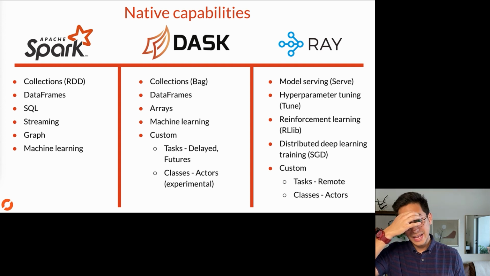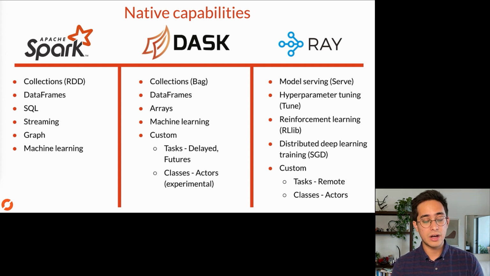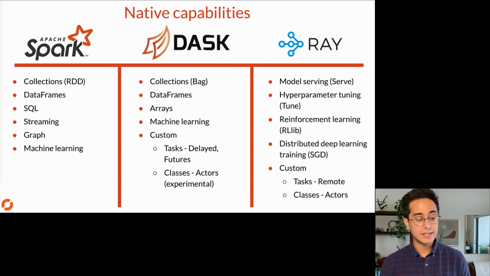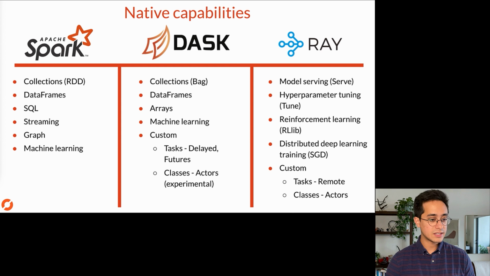Okay, so as far as native capabilities, there's a lot going on, but the idea is that if there's a specific thing that you do and focus on, or a handful of them, this list might give you a good idea of which tool might be the right thing to choose. For Spark, I'd say the most popular capabilities are the dataframes and SQL. Some people use the machine learning; I kind of recommend not to. And then Dask goes all the way from low-level task parallelization, where you can parallelize arbitrary code, all the way up to dataframes, arrays, and machine learning.